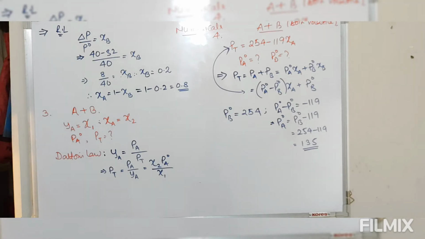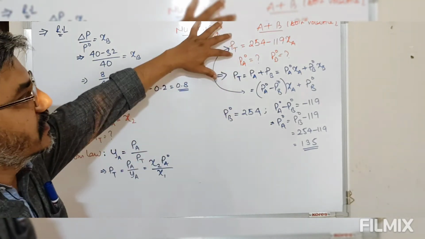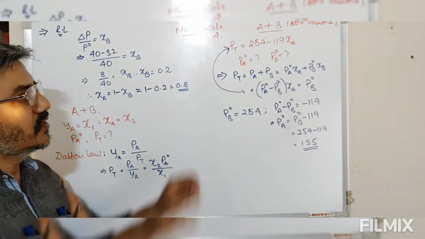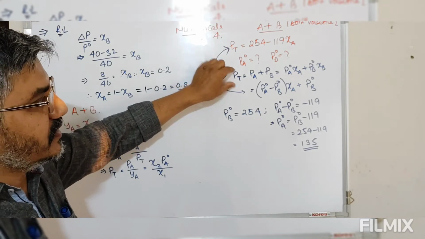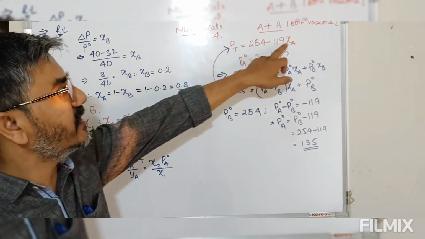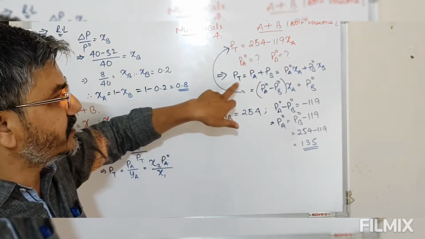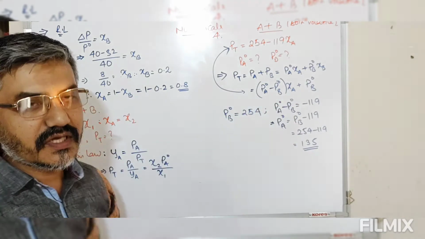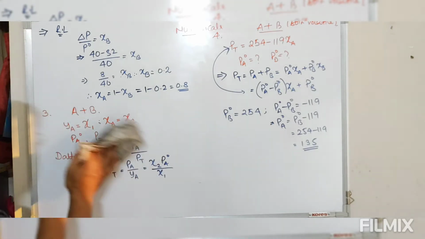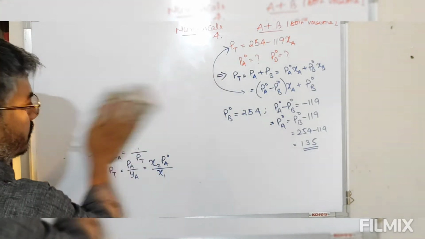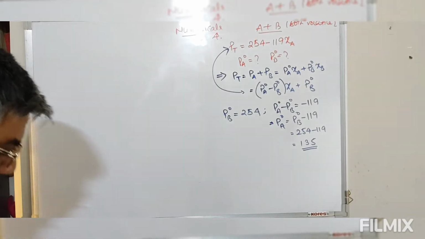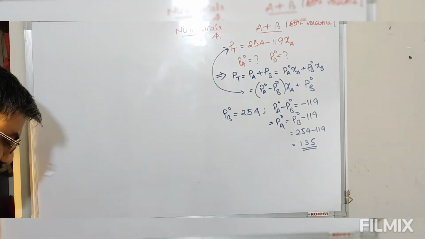Now, from the given data, we have to decide which formula is to be used. Already I have shown you the total pressure in terms of mole fraction of A or in terms of mole fraction of B. Since this is given in terms of the mole fraction of A, we have to express the total pressure in terms of the mole fraction of A. So simply by comparing these two, we get the values of PA naught and PB naught. Now look at the next question.